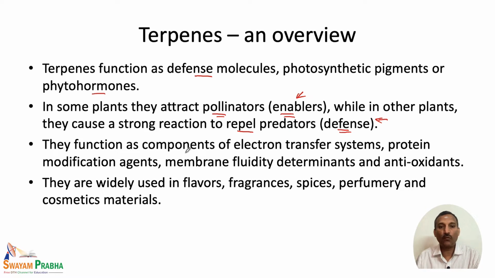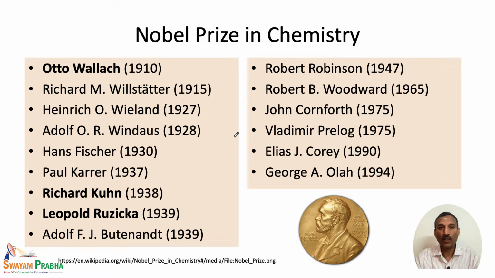And these are also involved in various other functions, like the components of electron transfer systems, or protein modification agents, or even in membrane fluidity determinants and as antioxidants. So these are all the various roles played by terpenes. And these terpenes are widely found in flavors, fragrances, spices, perfumery, and cosmetic materials. So we will look at what are all the different types of terpenes present in various aroma plants we will be seeing right now. And in fact, why the terpene is very important can be understood by the